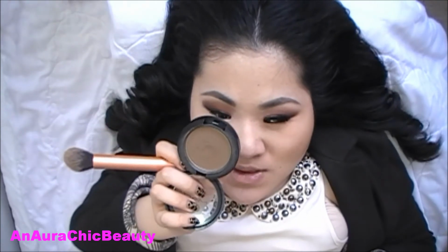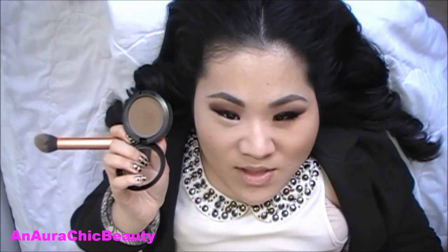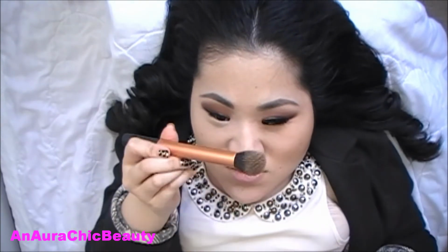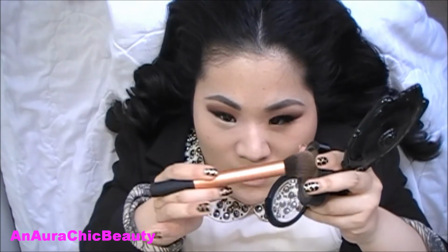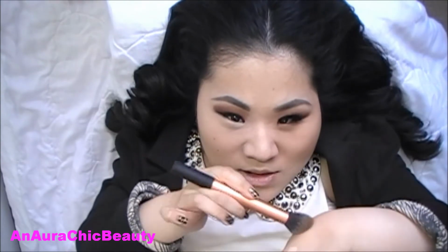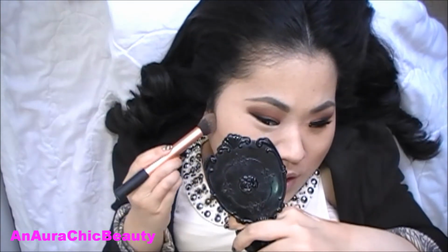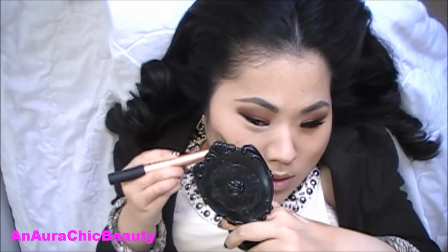To contour my face, I'm going to use a cream product. This is M.A.C Pro Sculpting Cream in the color Coffee Walnut. And I'm going to apply this before I use my setting powder so it blends in a lot easier and doesn't look cakey. So I'm using my Real Techniques contour brush and just dipping into the product like so, and then tapping off excess, and blotting off any product, and then just applying it right underneath my cheekbones using a